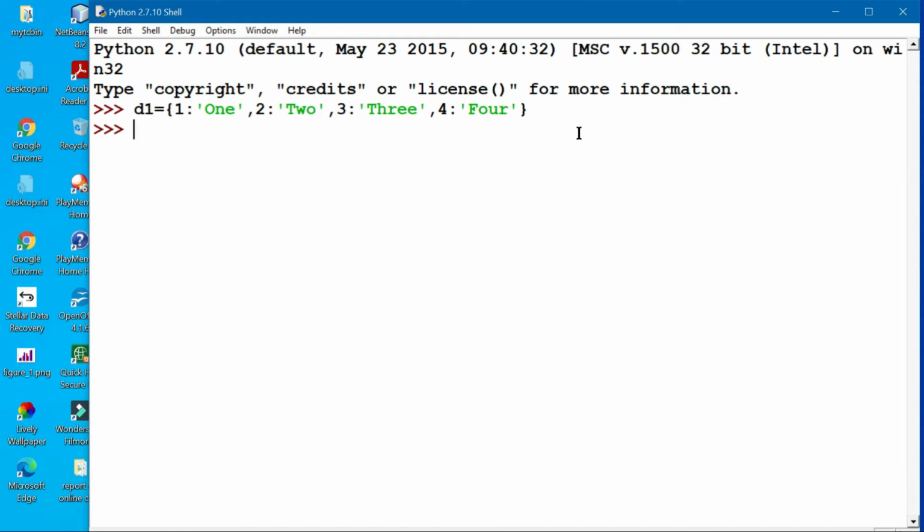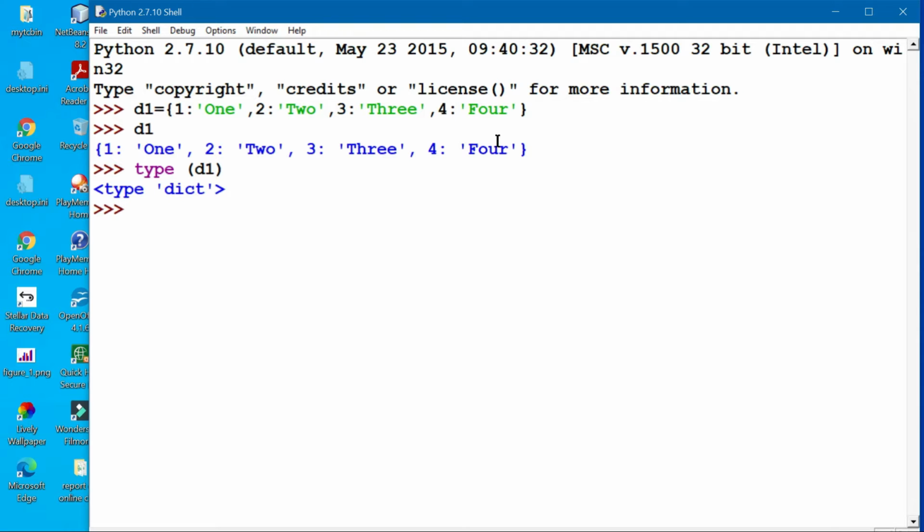So now I have created this dictionary. How will you see it? Just type d1, and the dictionary will be printed. If you want to see the type of the object, give the type command and then the dictionary object name, and it will show type dict. So d1 is an object of class dict.